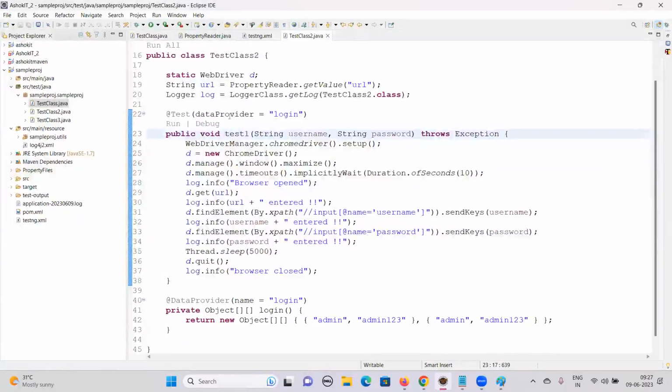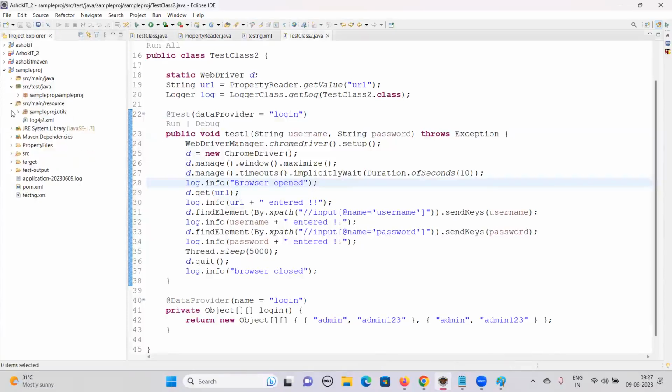Next, we'll be discussing extent reports. How do we add the extent reports to this? Now we are logging it here, but I want to get a report which I can send to the team. So how do we configure that? We are going to use the extent report and extent Spark reports for that. For that we need to add the